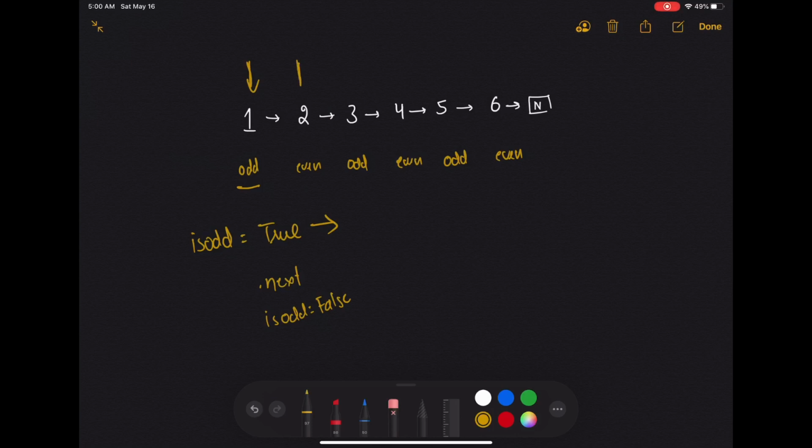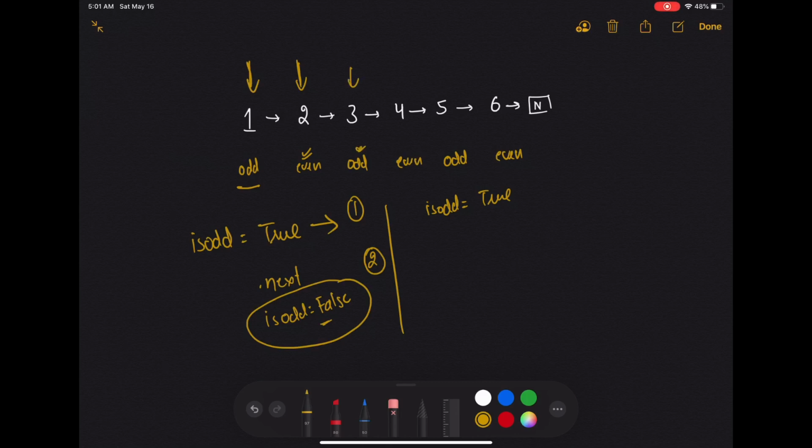That means when I come here and isOdd is false, the node is even. Okay, so this was first, this was second, and I will turn this to true. So isOdd now will become true. So when I did next, I came here and it's odd. Now I come to 4. Again I'm going to change it. isOdd now will become false, and the next element is even, and the same goes on.